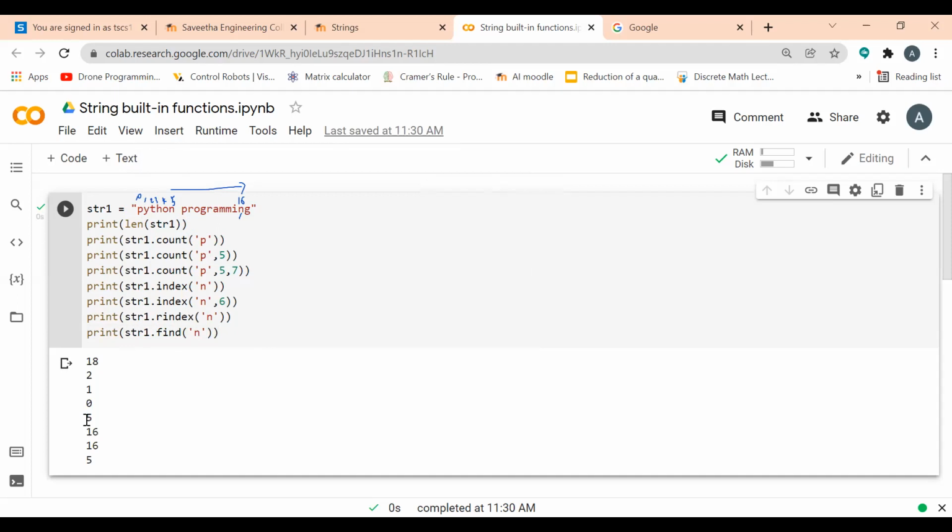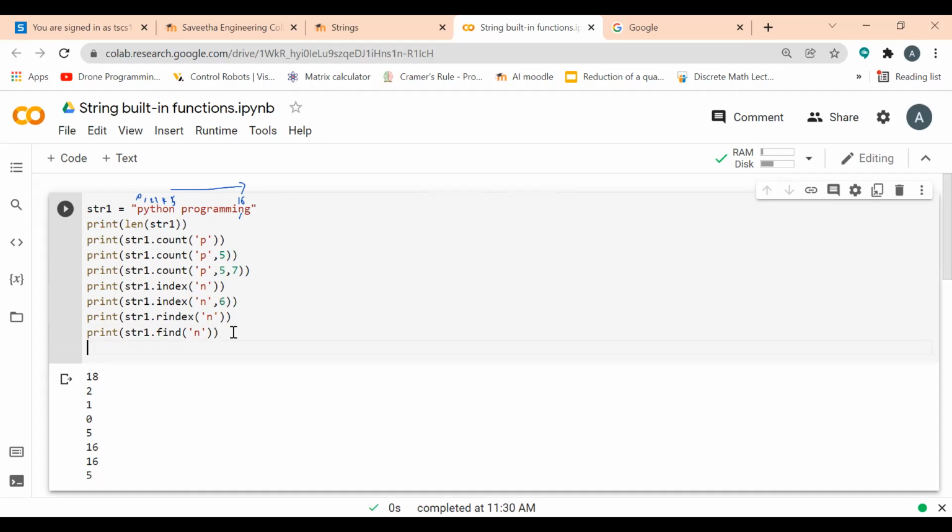See, this is the output for str.index of n, that is 5. str1.find of n is also 5. So both index and find functionality are the same. Even in find you can give the starting index, and you can also give rfind. I'll tell you the only difference between index and find.